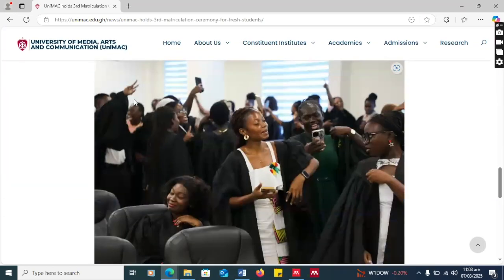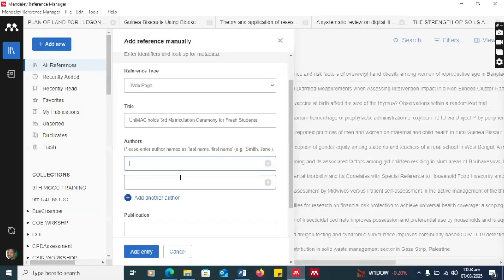Okay, so 2025. So let's go back to the software. Thank you, the contributors. Okay, so enter author's name. So we have agreed it's Unimark. Unimark. Please, if you have multiple authors, unlike previously, the previous app where you put a comma and go up,